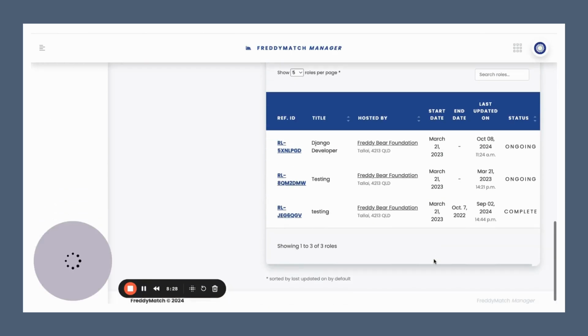So just a final point there on the different roles. So we've got roles here as ongoing and complete. So even when a volunteer has completed their role and they've finished up at that organisation, you will still have a record of that time that they've spent volunteering with that organisation, and also the number of hours they've spent volunteering with that organisation. That's really important to see a volunteer's full history, and that is also displayed on the